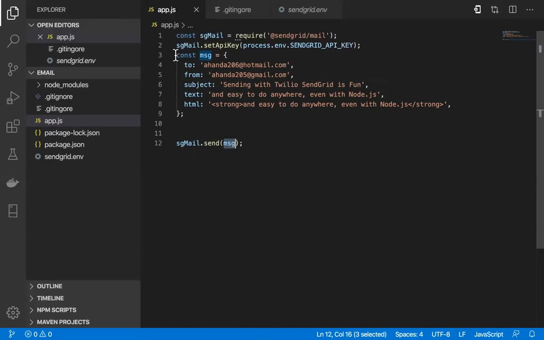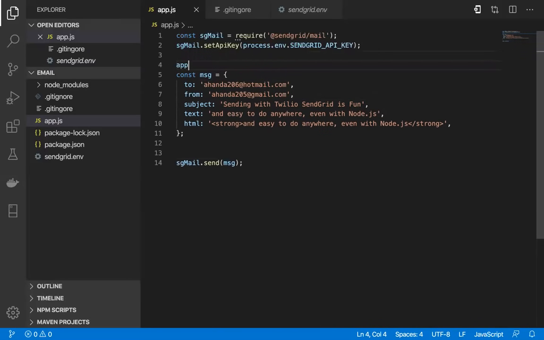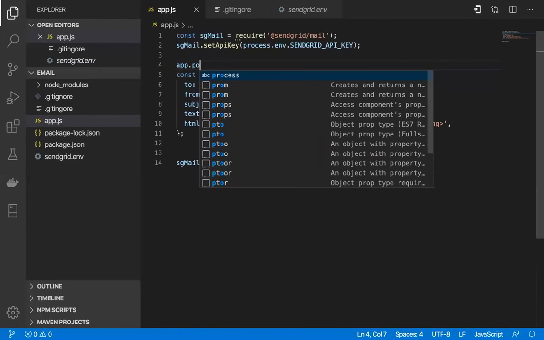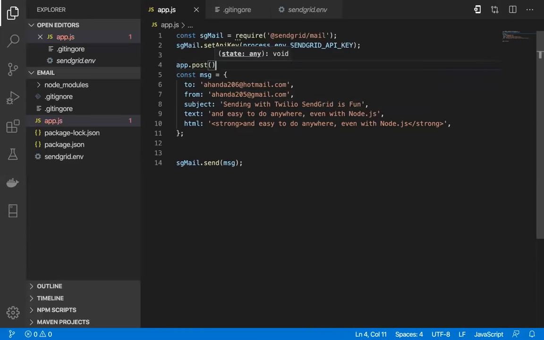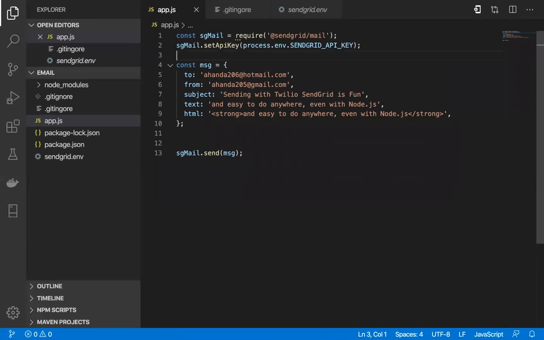Now the point comes up: how exactly am I going to use this with React or Angular? It's simple. Just make one API route for this and you can trigger that API and send the message. So ultimately I can wrap it in one API route, app.post, that will take from the user two things: email ID, say sender, receiver, and on the other side you can take your subject, text, and just trigger that inside the route. Once you expose it as a route over a server, I can consume it with Angular or React or Vue or Backbone. If you want to see further, check my GitHub. That code with a route is also available there.